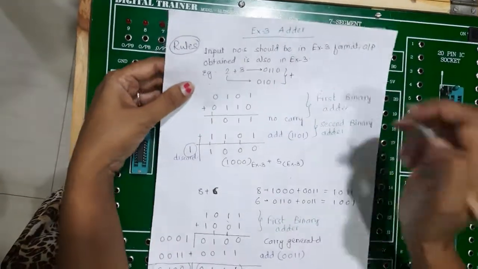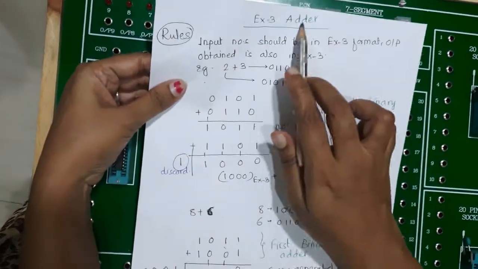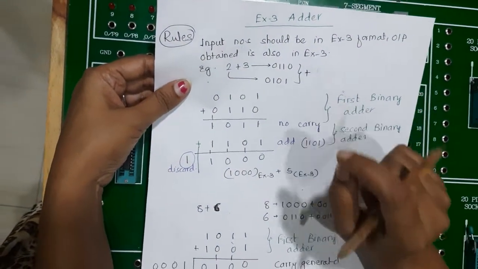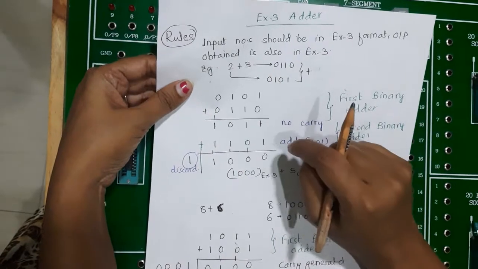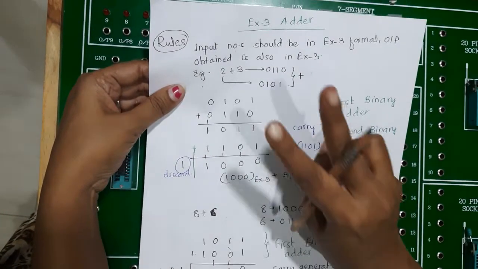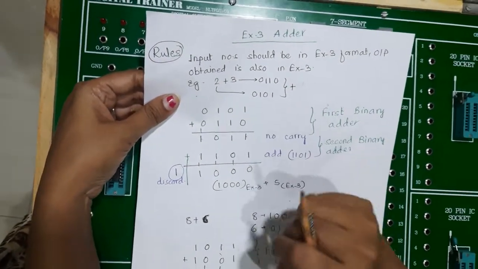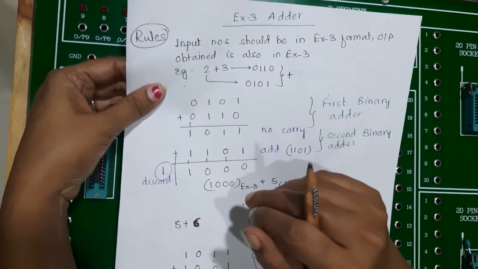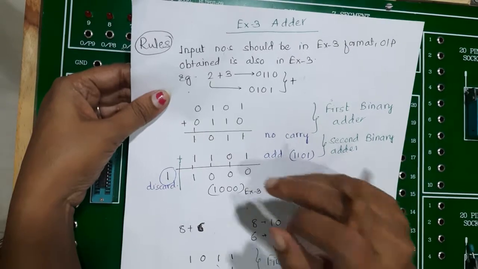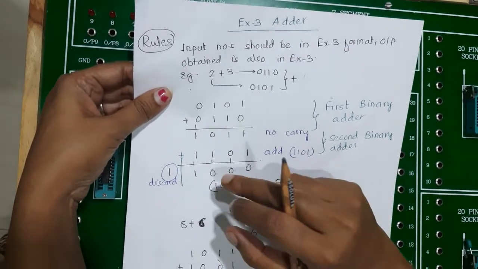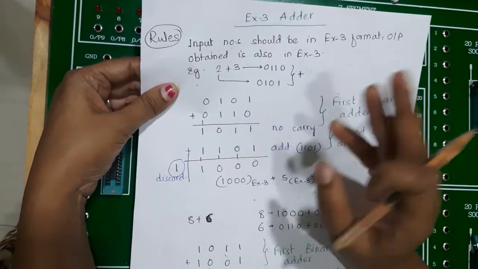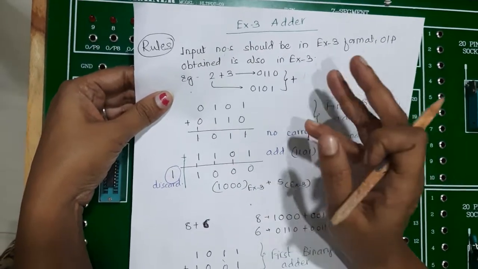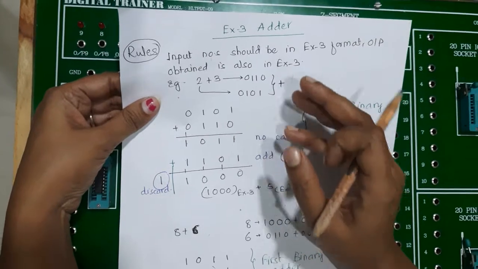Okay. So the next circuit is the XS3 adder. The most important assumption is that the input given to this circuit is an XS3 number. The two numbers we are going to input to the entire circuit will be in XS3 format, and the output generated is also in XS3 format. This is what the question asked in the external exam as well, that is during orals. The external can ask you about what will be the input and what will be the output for the XS3 adder.